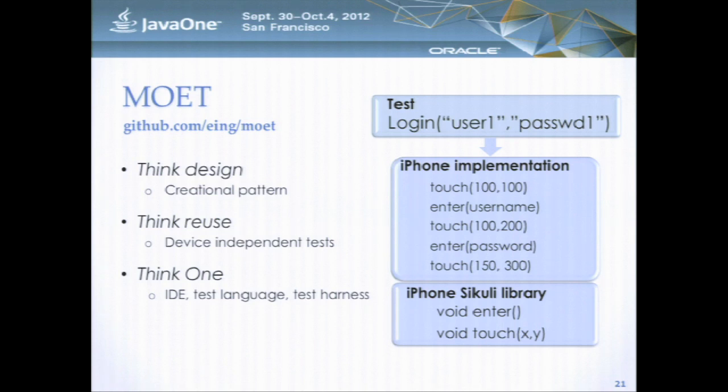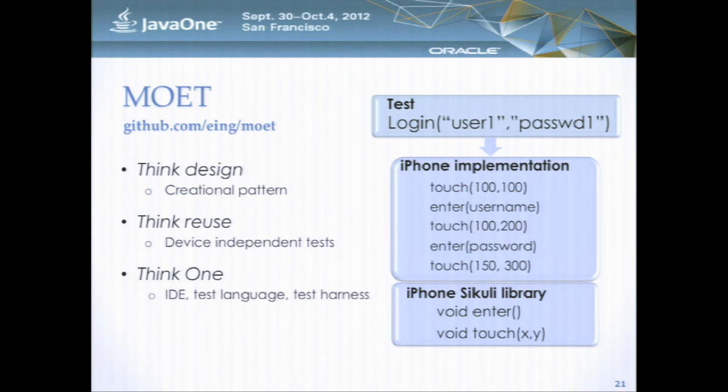And in this way, you can actually reuse your tests, and you can also use the same language and same test runners to run your tests. And this gives an example of a login test. So a login test can be specified as a part of an interface, or your application interface. And when you implement this interface, you can implement it in iPhone, you can implement it in Android, and so on and so forth. So when you implement this interface is when you implement how you complete your action of login on